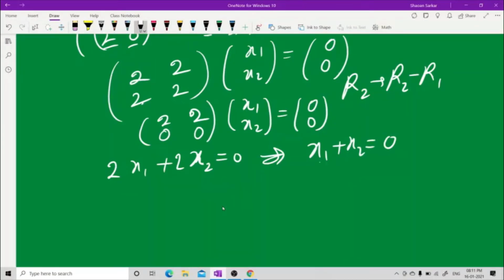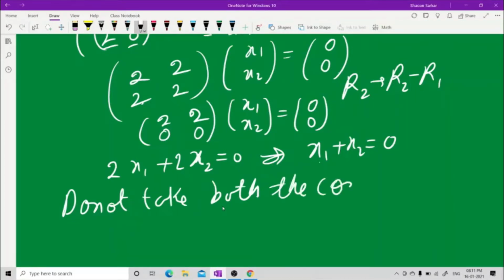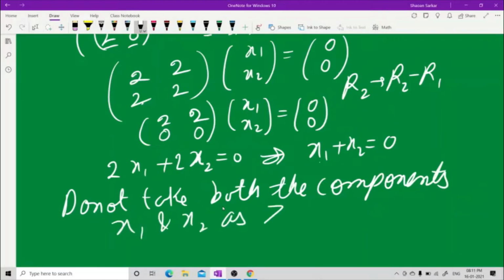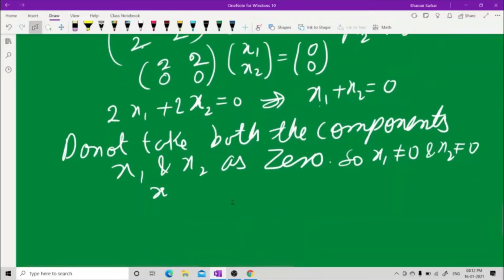Again, I told you, do not take both the components x1 and x2 as 0. So x1 and x2 both cannot be 0. Not both. This is what I mean to say. So what are the options? You may take, wait, you may take